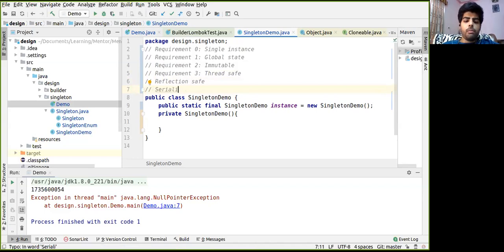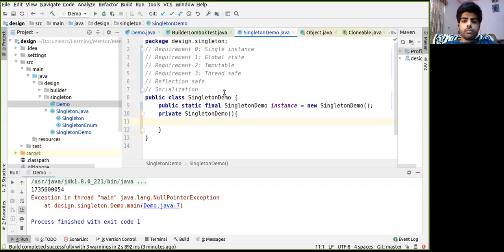For an instance to be serialization safe, it should first implement Serializable. And serialization does not do much good these days, as we use JSON and protobuf for serialization, and we don't rely much on the Java serialization mechanism, because at the time of deserialization it is prone to a number of errors and security issues as well.